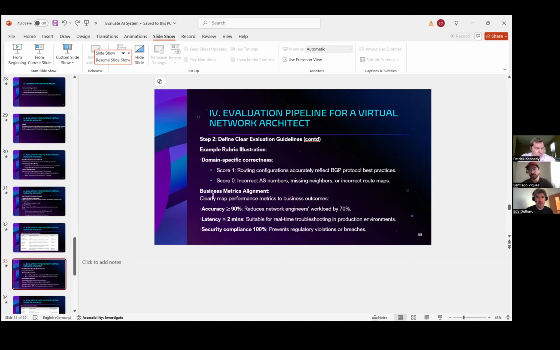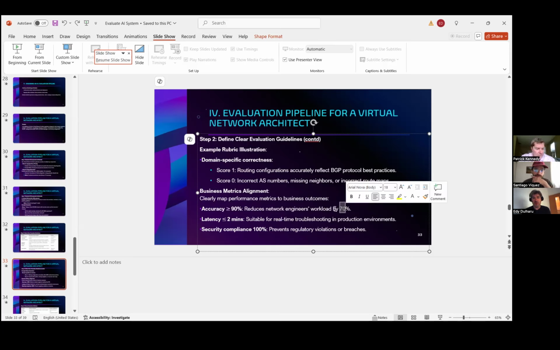And here is the cool stuff which I mentioned earlier: I want to map the metrics to business outcomes. So if I say, okay, if the accuracy of my model is bigger than 90%, then the workload of the engineer is 70%, and everybody can compute what that means in dollars.